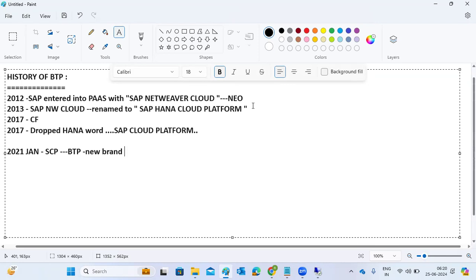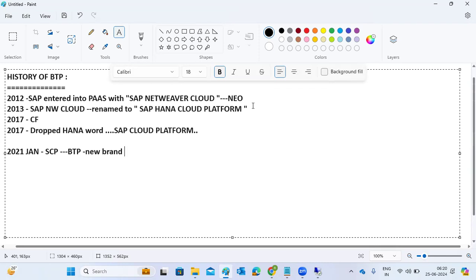BTP is not limited to the cloud only, but also includes various technologies, tools and solutions to help with the overall business and technology needs.